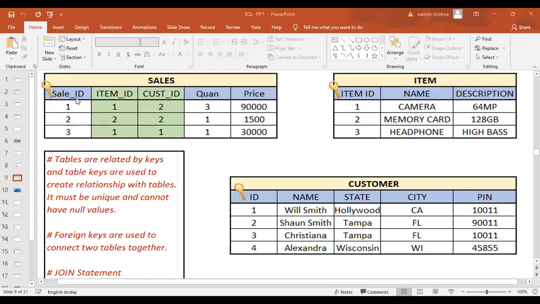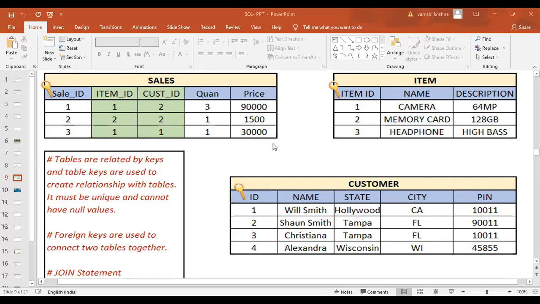Guys, this is called a relational DBMS. This is called an RDBMS. Whatever you see here, the green ones are called foreign keys. Because is it originally a part of this table? No, ma'am. It is outside, it came from a different table.